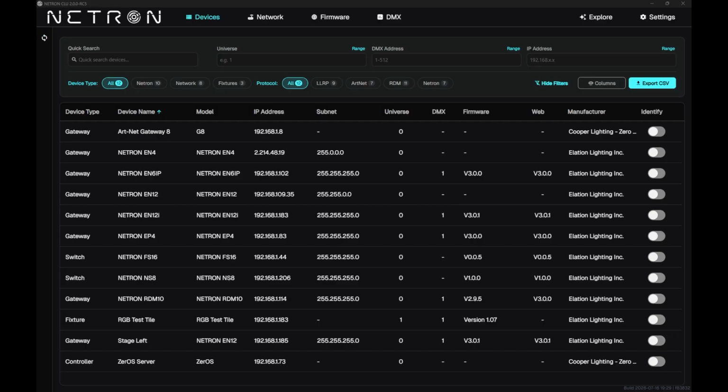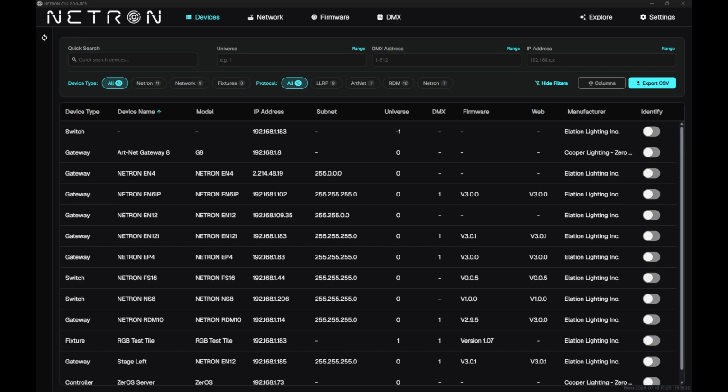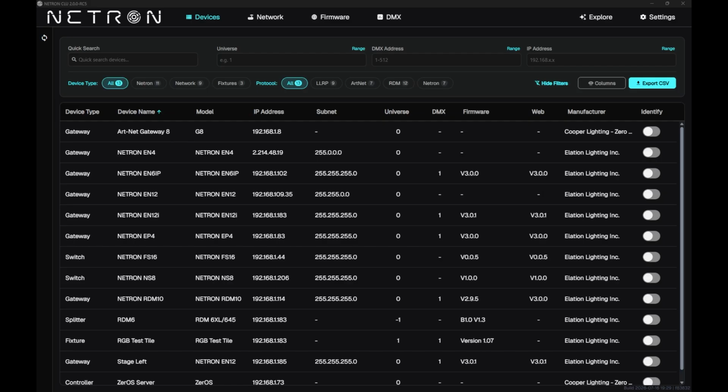Well, CLU2 is going to do, first and foremost, an LLRP scan. You don't need to worry too much about that, but that's basically the protocol that NETRON devices can be discovered over. What's really nice about that protocol is it means you can find devices even if they're on a different subnet. So I'm on a